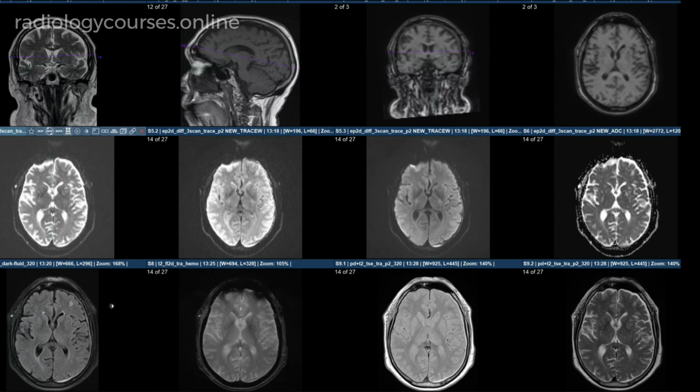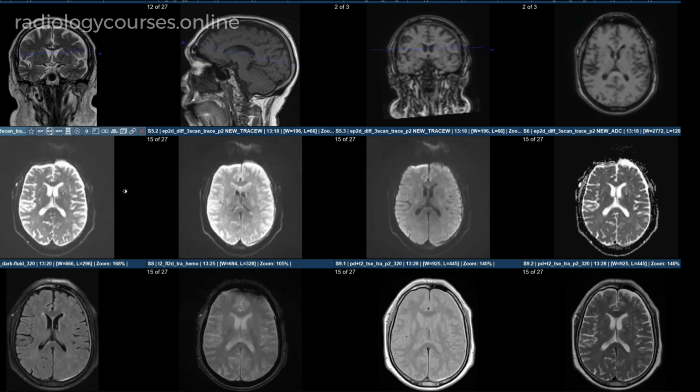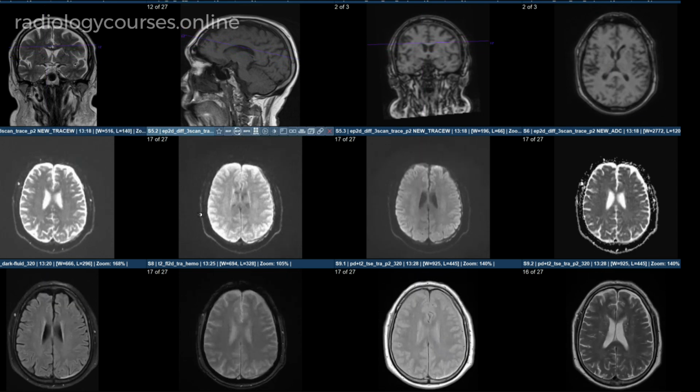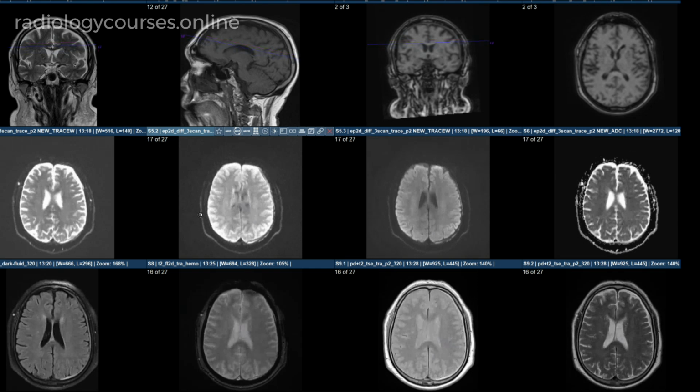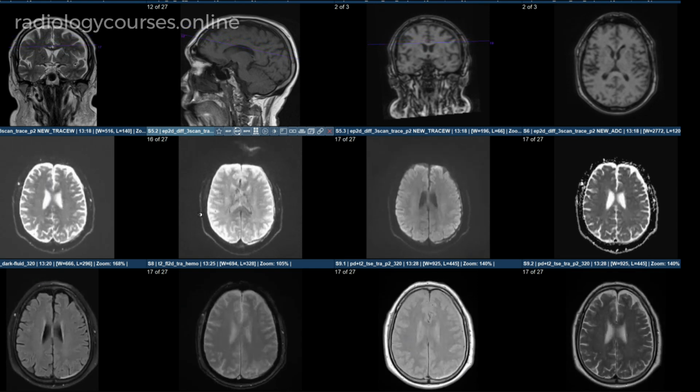Here we have a 60-year-old who presented with acute confusion and hallucination. We've got diffusion weighted sequences, axial gradient echo sequence, axial FLAIR, axial PD and T2, coronal T2 and sagittal T1. When we review the axial DWI, that is the first sequence to review to look for any areas of acute